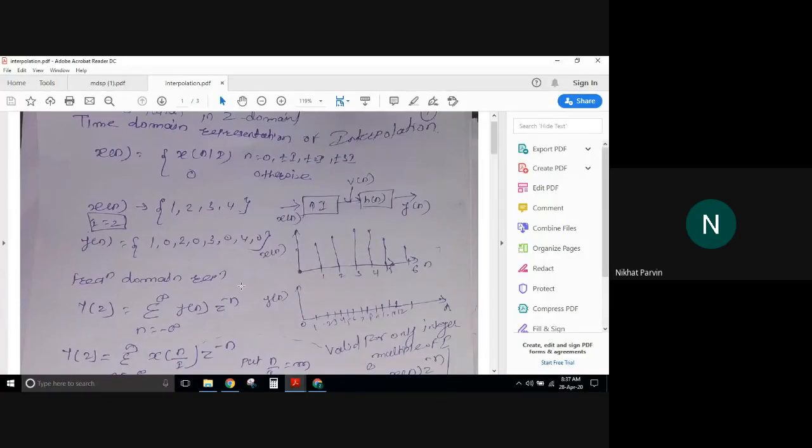Instead of watching those images or processing the same images, we have to remove those images. So as to remove the images which are the replica of the original images, we are using an anti-imaging filter at the output of the upsampling. That is how it works. Why am I saying anti-imaging? Because when you have seen the upsampling, you are getting